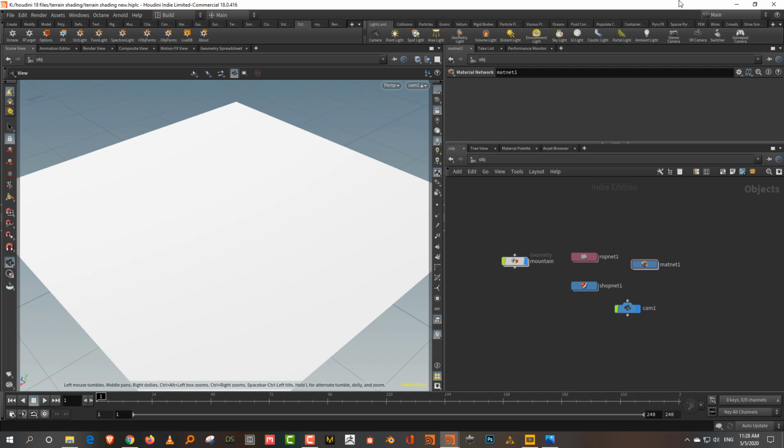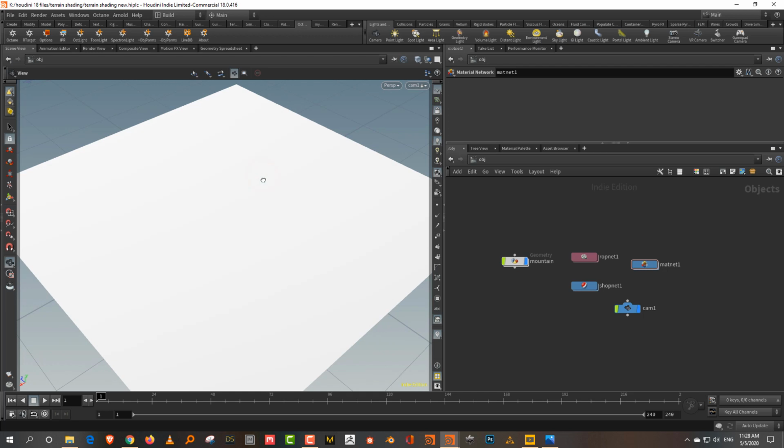Unless you have a UV randomization tool available in your specific render engine, then it's great. Otherwise, this is specific to Octane because the UV randomization script is an OSL script. The great thing about OSL is that it is now supported in a whole bunch of render engines. V-Ray has it, and Arnold has it, and RenderMan has it. So if you can get the script to work within your render engine, you can follow this.